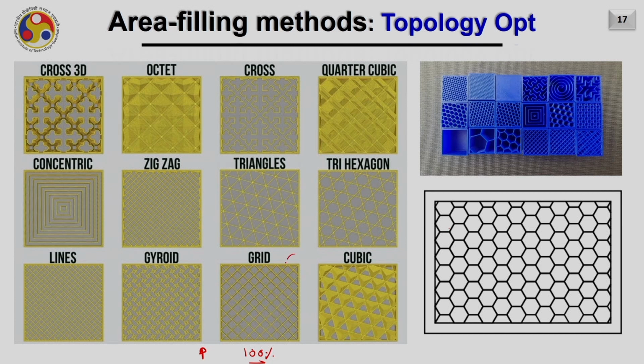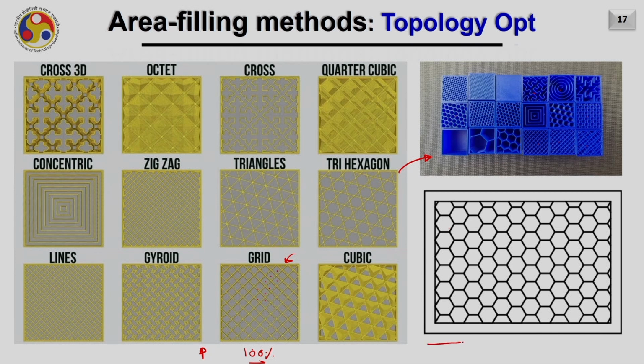For example, you see this, there are some voids here, because intentionally we want to keep these voids so that we can get lightweight structures. These are some parts printed by utilizing some of these strategies through FDM. As you can see here, these are different strategies for creating hollow structures inside.